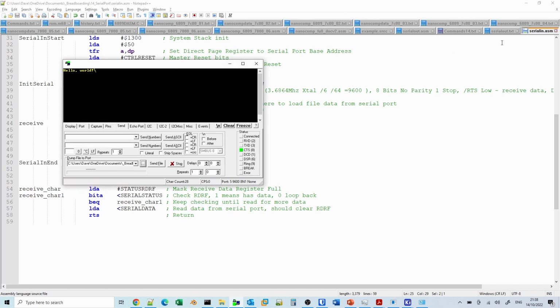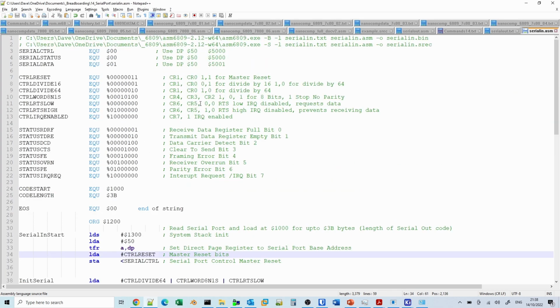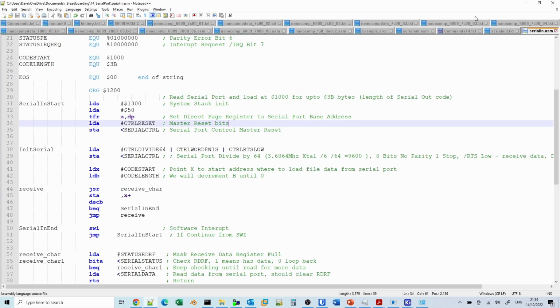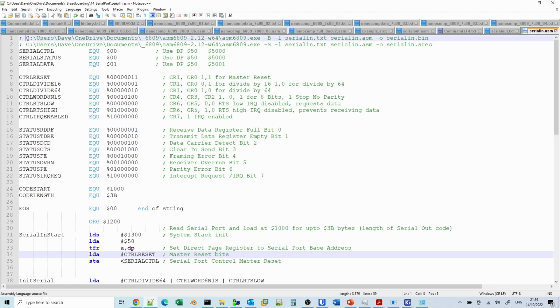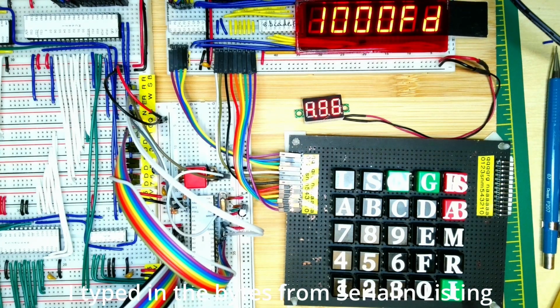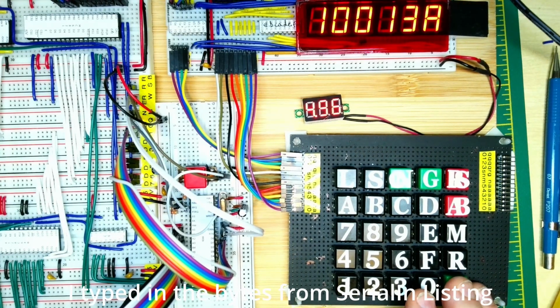What we're going to do now is go back to our source code here. Again, we're going to have to type this in. We're just going to take the first command. You'll see I've got 2 commands here. One produces the binary file, and the next one uses an SREC, the Motorola text file format, and that's what we'll be using for our send and receive when we update the monitor to do that. But to start with, just testing out the serial port, let's just do this command. And just showing at 1000 where we're going to be loading at the moment, there's just random data, there's nothing meaningful there.